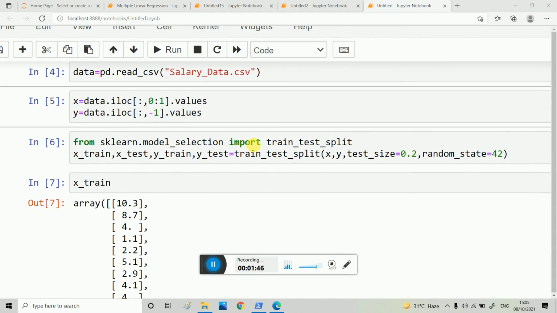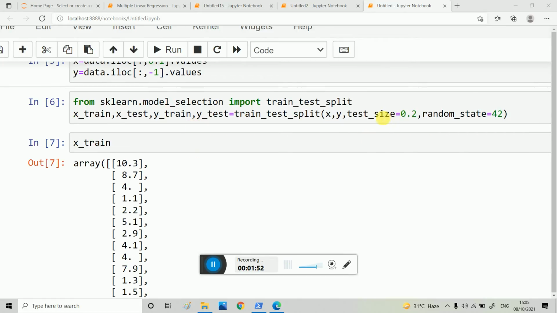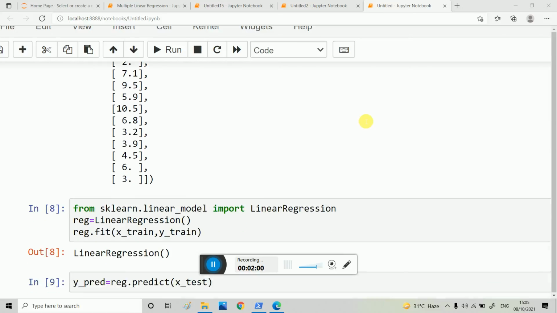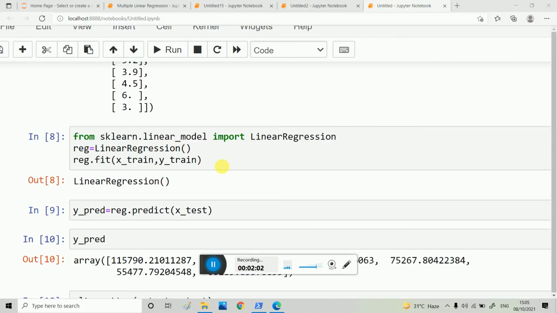After that we have to split the data into train set and test set, and you can take any size, that is test size 0.2, 0.3, and you can check how your model works. After that we import, from sklearn dot linear model import linear regression, and then we call the class linear regression and we fit x train and y train. This is the same for simple linear regression and multiple linear regression. So I think you understand how we build the model, and after that we predict with the model.